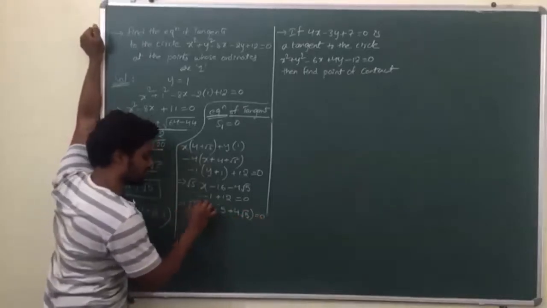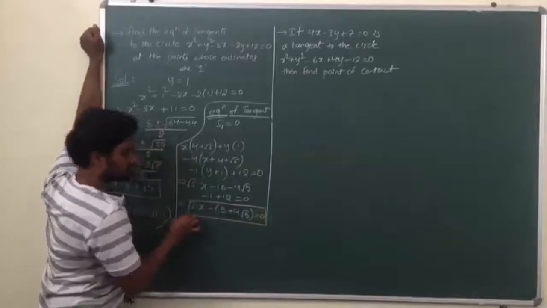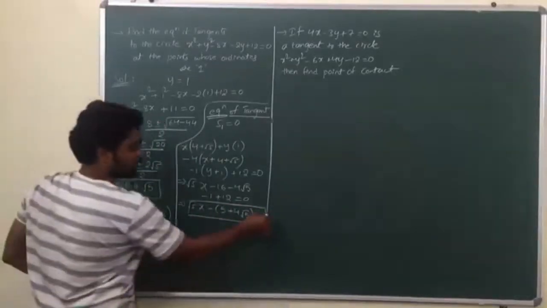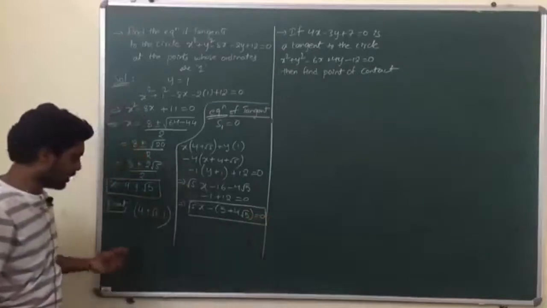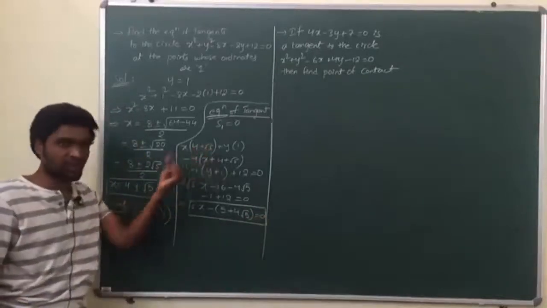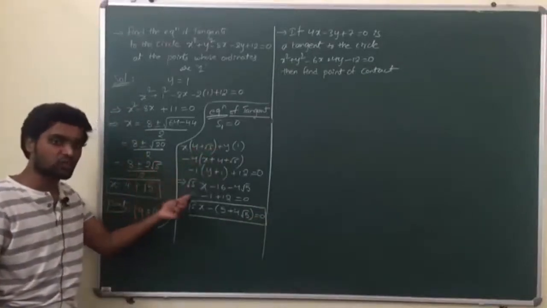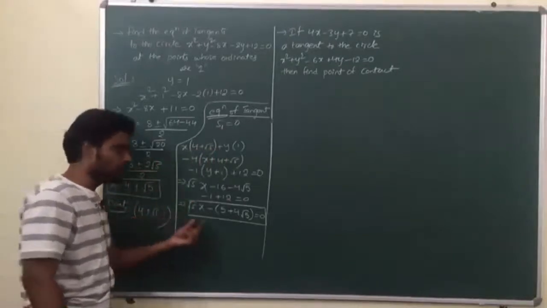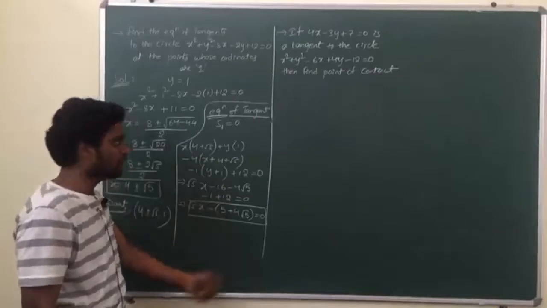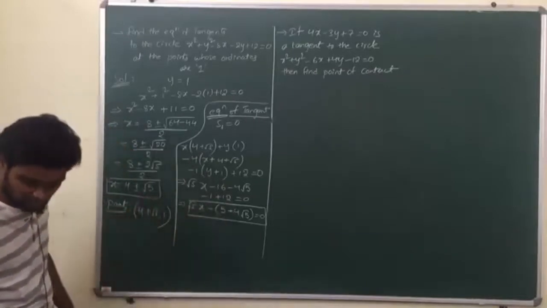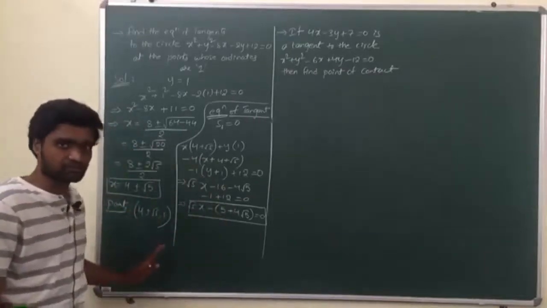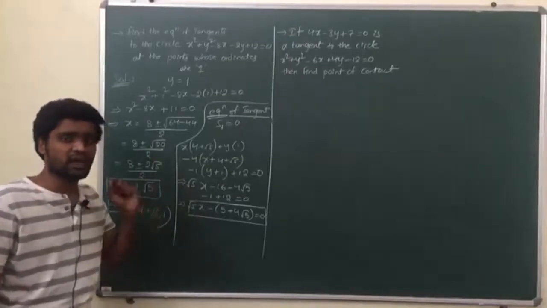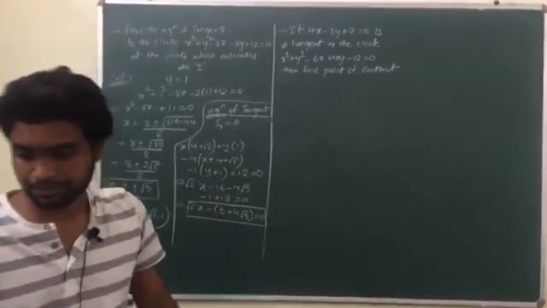That is the equation of tangent. Okay. So this is only one tangent. There will be another tangent possible also. How? I have taken only 4 plus root 5. If you take 4 minus root 5, you will get another point, which means you will get another equation of tangent. So there will be two tangents possible because there are 2 points of intersection, which means at each point there is a tangent.